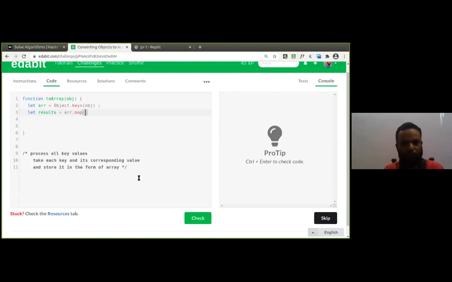How the map function will work is on each key. Then what are you going to do here? You are going to map this in the form of an array. What we need is the key. This key will give you the value. The value will be obj of key.